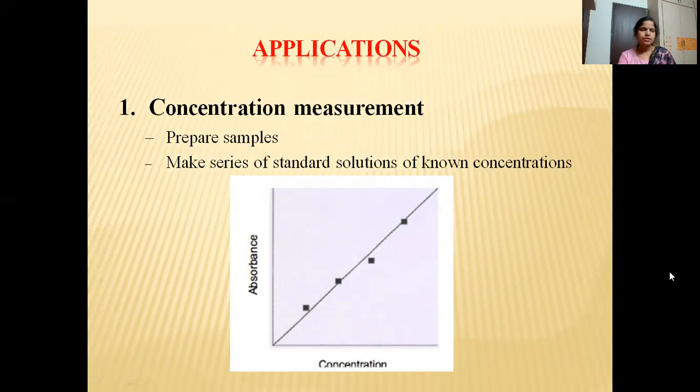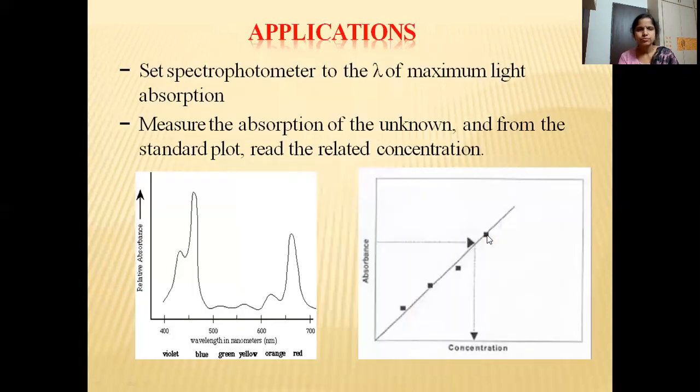So the applications are, first, concentration measurement. We have seen how to find the concentration with iron. First prepare the standard samples, and then draw the graph; we will get a calibration curve. Then the absorbance has to be measured for the unknown sample, and it has to be plotted here. Then draw a perpendicular onto the calibration graph line, and then down onto the concentration axis, that is the x-axis. Wherever the line touches the x-axis, that will be the concentration of the unknown sample.